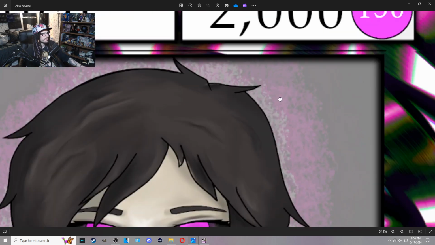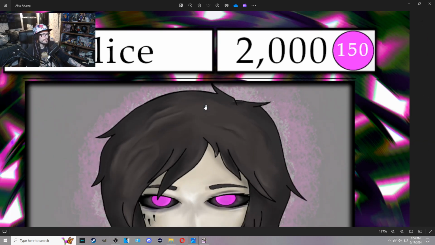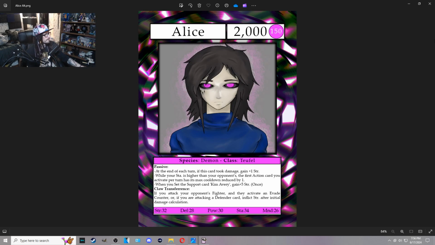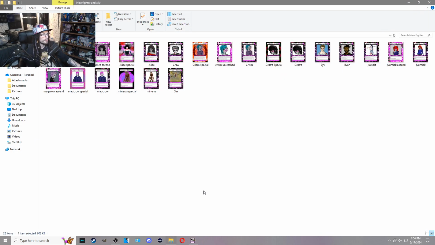Although, what is that line right there? That line shouldn't be there. Looks like it's just on that one card. Something weird. I'll fix that. But yeah, so I'm working on that, and as you can see, I got all the fighters done in here,